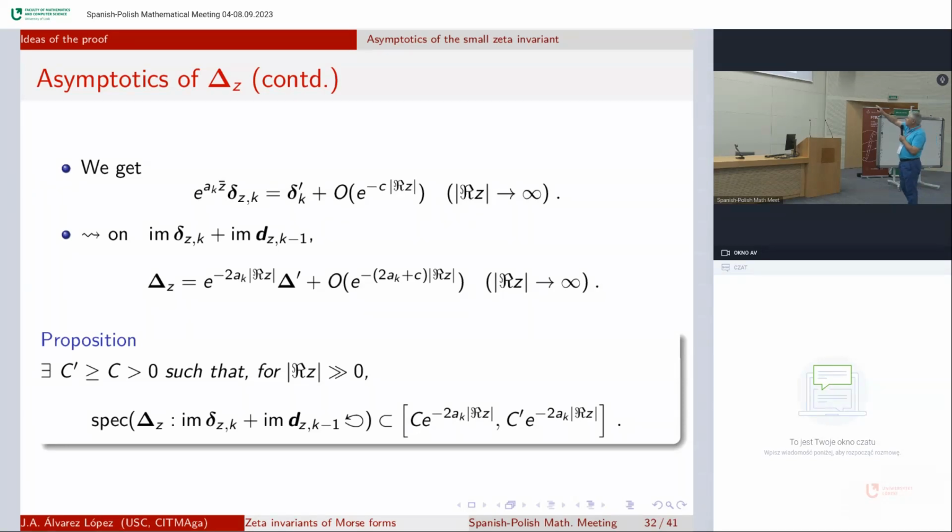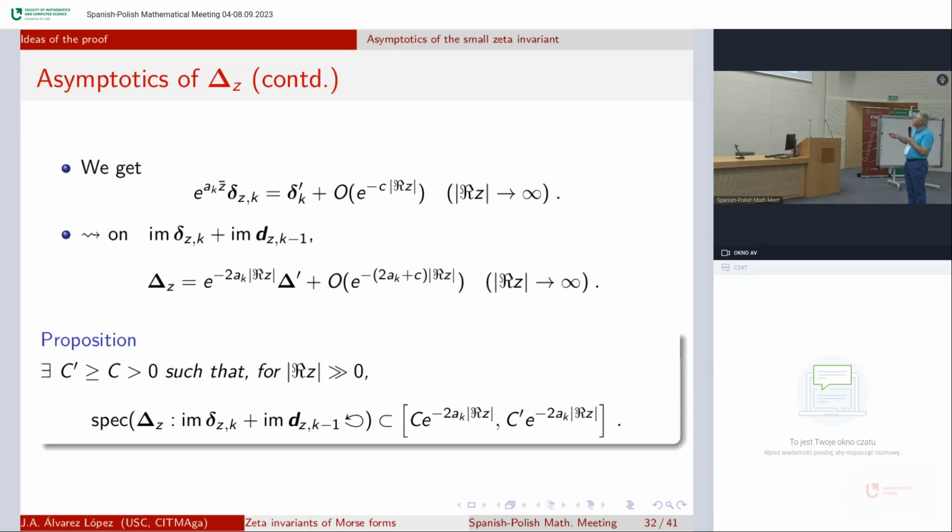On the subspace, the spectrum is contained in this interval. C and C prime are given by the bottom and top of the non-zero spectrum of delta prime, which is independent of the parameter. Okay. And now,